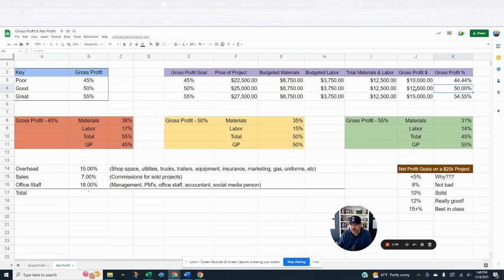So this is the baseline that we're sitting at, right? This gross profit of 50%. This is how it breaks down. Now, see if that breaks down for you guys the same way when you look at your numbers. Just pick any project that you've done. It doesn't have to be a certain one. You can just pick one and say, hey, how much did I spend on materials on that job?